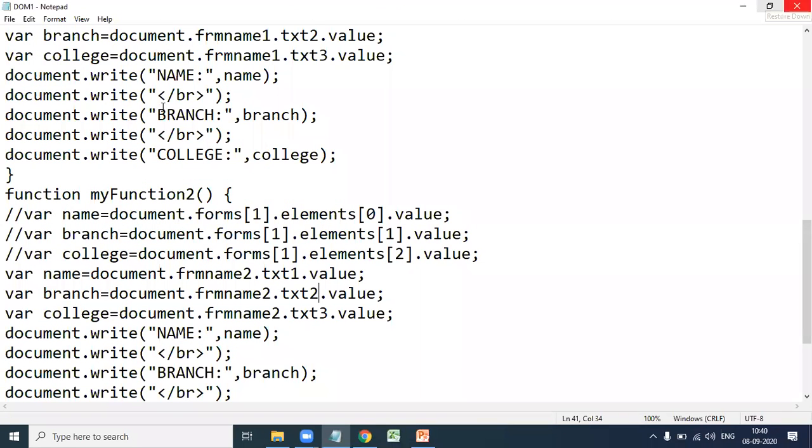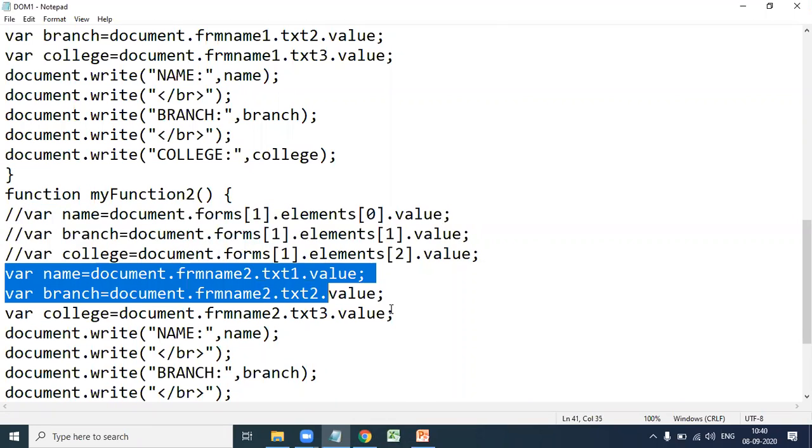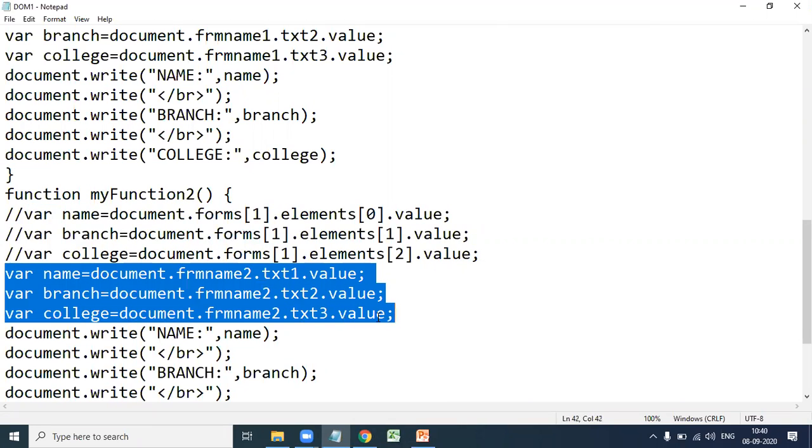In the exam, you write two different programs: in the first program you use arrays, and in the second program you use the name attribute. In the exam, you must write two different programs for these two methods, the array method and the name attribute method.